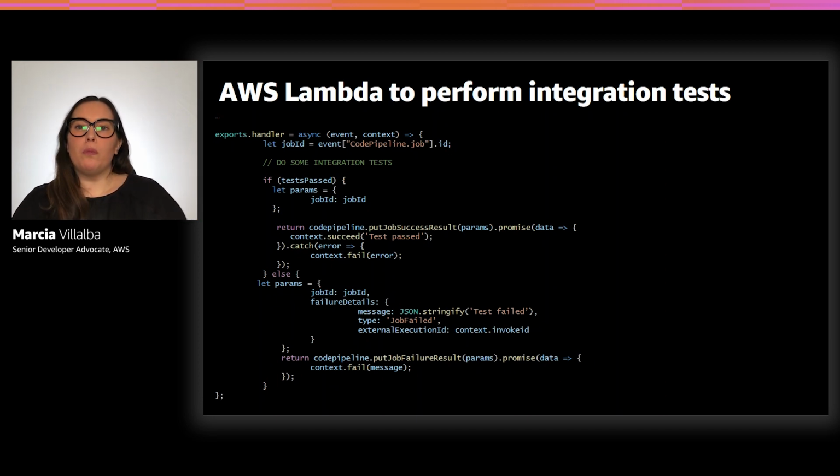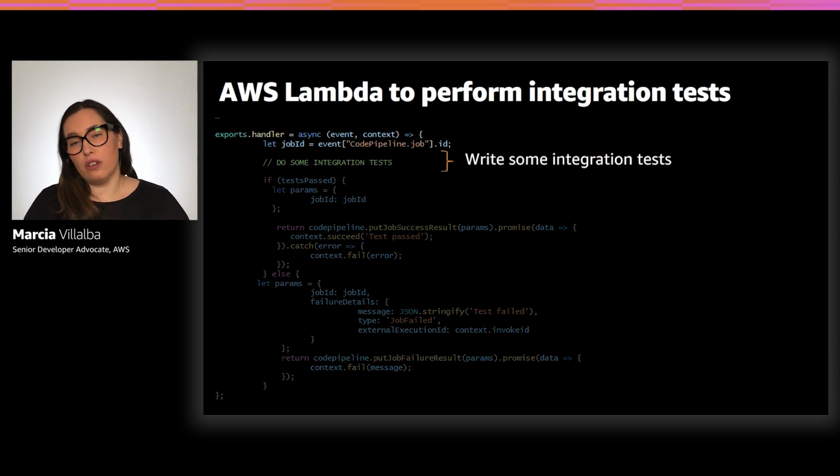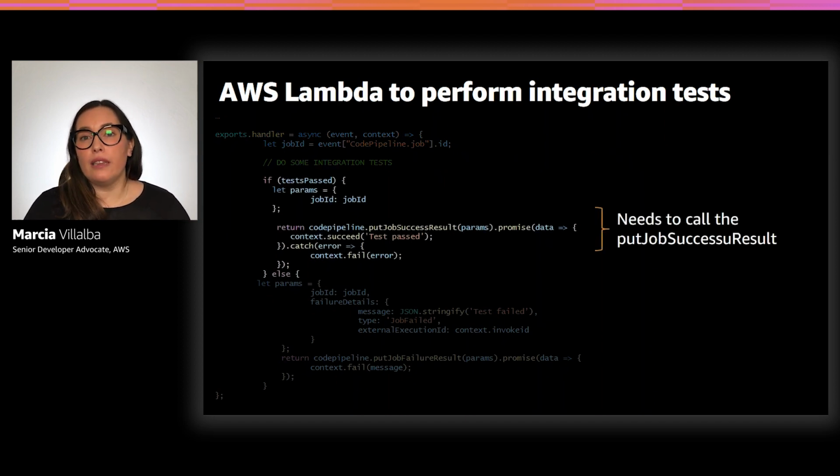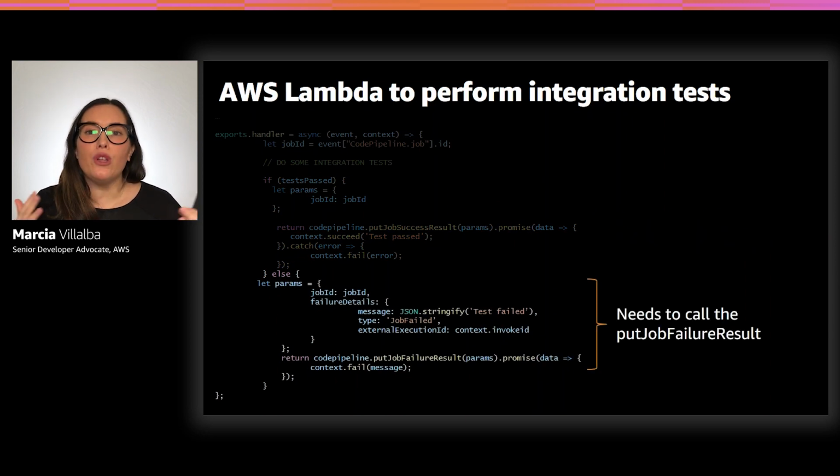CodePipeline will be able to pass parameters to these Lambda functions in the event object that then you can use in your integration test. So you just write some integration test that verifies things you can get from your code pipeline, different parameters, different resource names, the environment you're running, and all that stuff. Then one important thing is that you let know code pipeline that the test passed or the test failed. If you don't do that, then code pipeline will be staying in a loop in that action and never getting out. So it's very important that you use the AWS SDK to let know code pipeline that everything is good